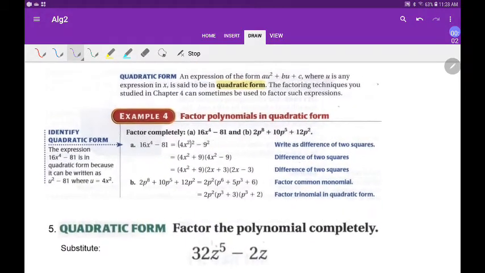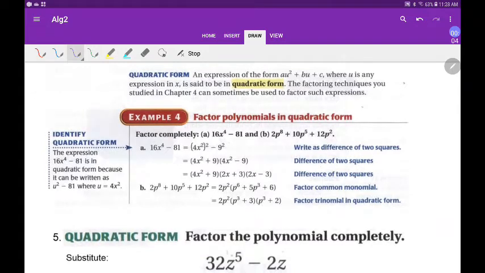Okay, so we can make things look like they're in the quadratic form by substitution. If you see up here in the example, we have p to the 8th, but if I factor out a p squared, then I'm left with p to the 6th, which I could further pretend like instead of p to the 3rd, I could think about that being x squared, and in the meantime I'll just have x is equal to